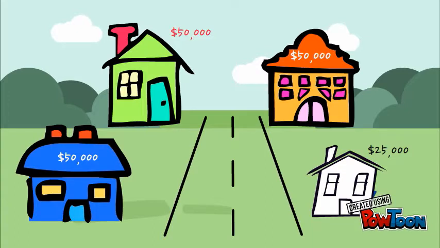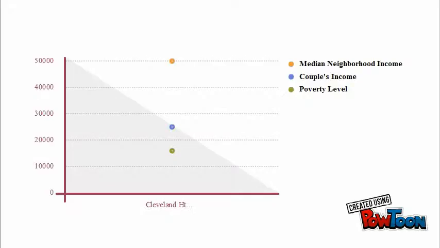But there is one home where a couple lives, and they earn only $25,000. Remember that the poverty level for two people is about $15,930, so they earn more than the poverty level. Although they are technically living above the poverty level, they are in relative poverty when looking at the other households